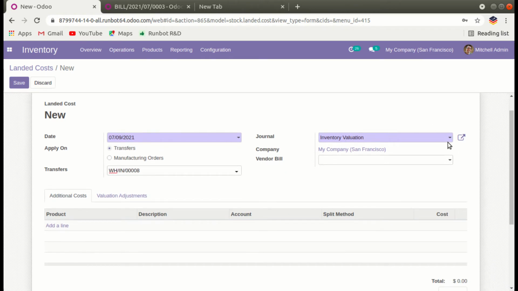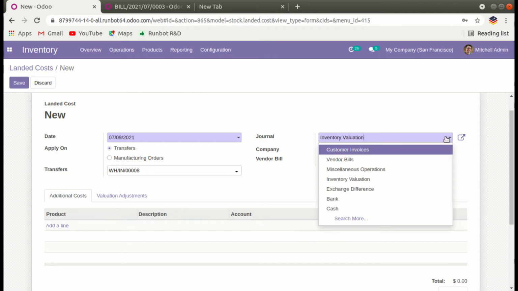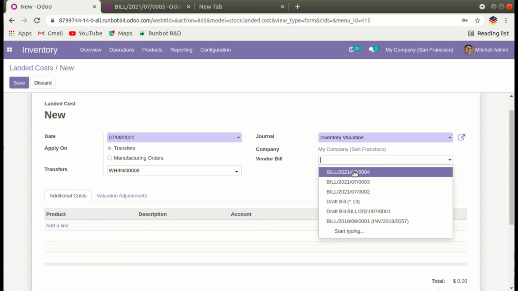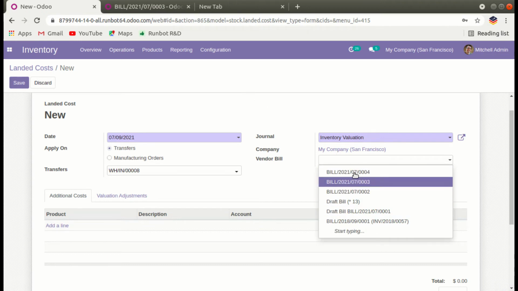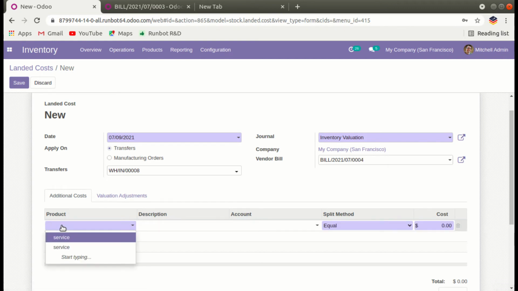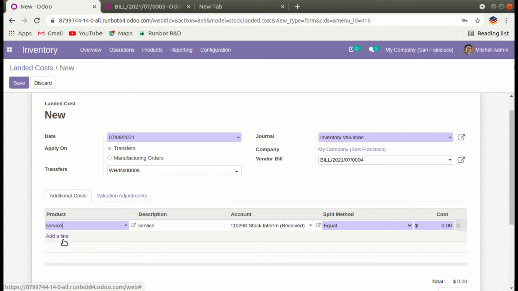Then from here you can set the journal and the company, and you can also add a vendor bill from here. So I add my vendor bill that we created on the purchase order. Then you can add additional cost, so that we created service. So we add our additional cost and we set it as 10 rupees.